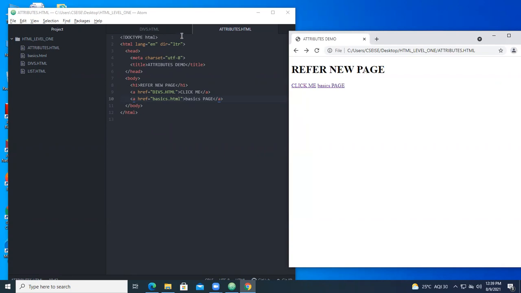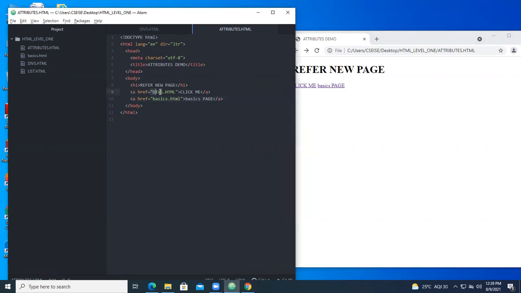In this, I have taken one attributes.html. In that, I have given the reference. Here I have taken attributes.html, and under that I have taken references to the divs HTML file as well as the basics.html file.